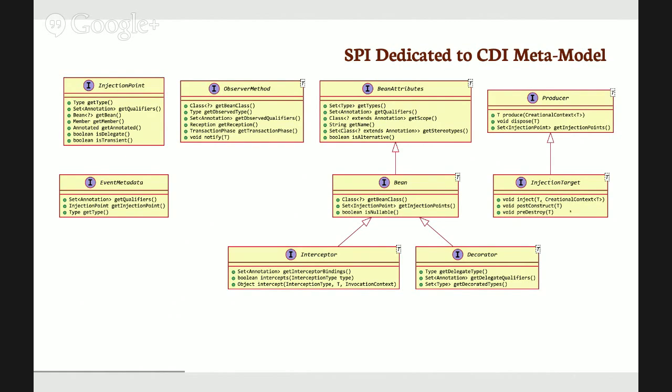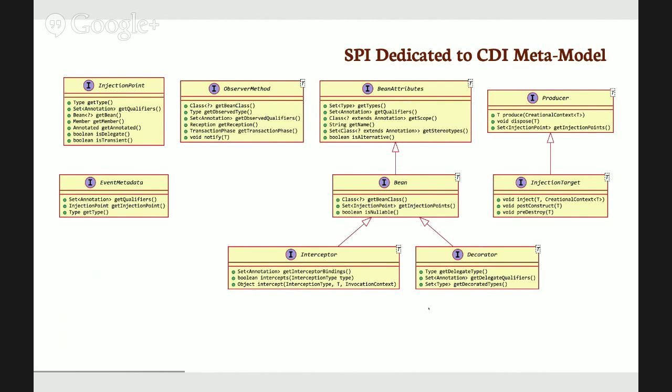Injection target is an interesting feature. It's a class that allows you to handle all the dependency injection on an instance and all the life cycle of an instance. So all the @PostConstruct, @PreDestroy annotations, you can manage this in an injection target. I will show you an example later in the portable extension part. So this SPI is often used in portable extensions,